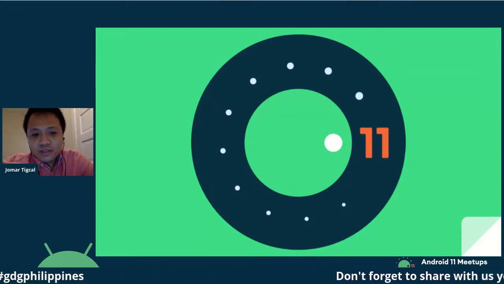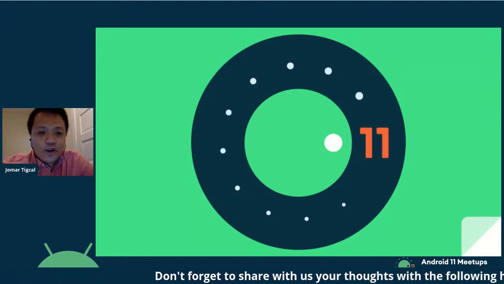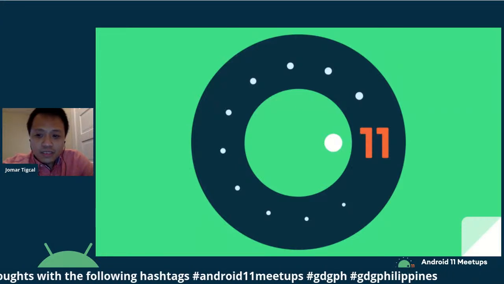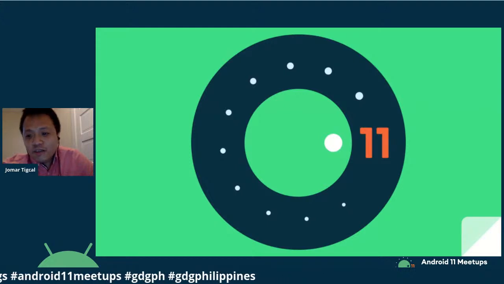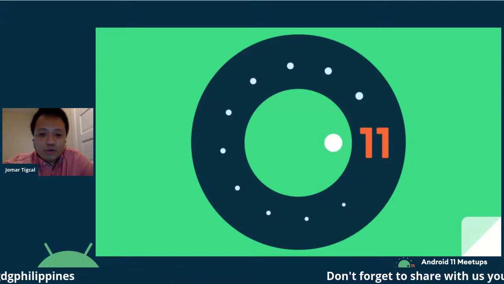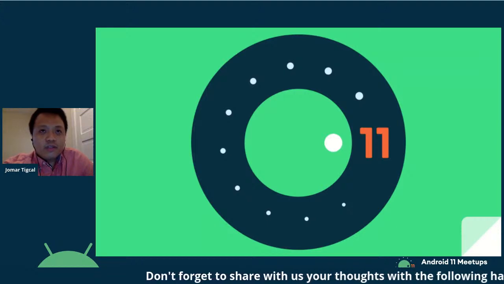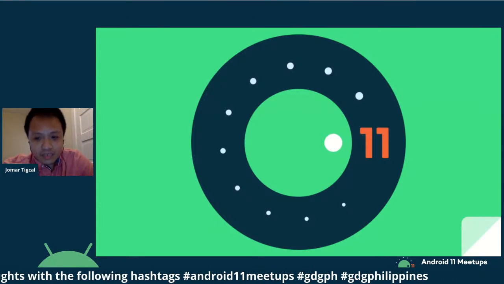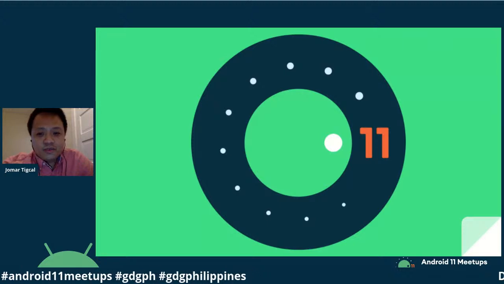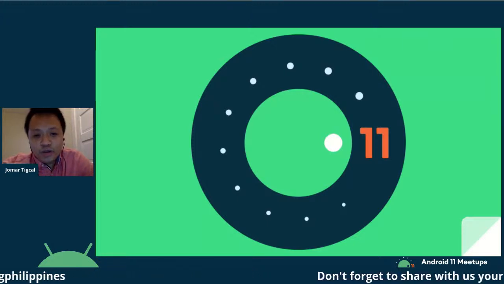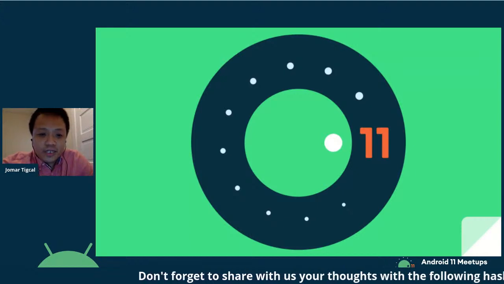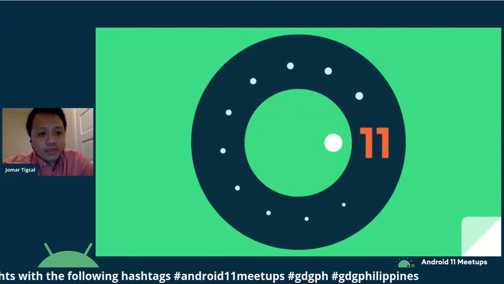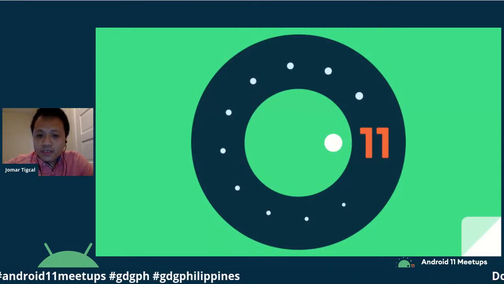In case you're wondering why this logo for Android 11 is like this, it's based on the 1984 movie This Is Spinal Tap, where guitarist Nigel Tufnell proudly demonstrates an amplifier whose volume knobs are marked from 0 to 10. Instead of the usual 0 to 10, his knob goes up to 11. That's why this is the logo. I don't know if it's going to be the final logo since we're just having the beta. But yeah, we'll talk first about Android 11 and then move on to some other topics.